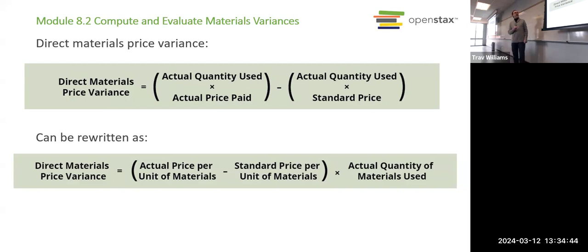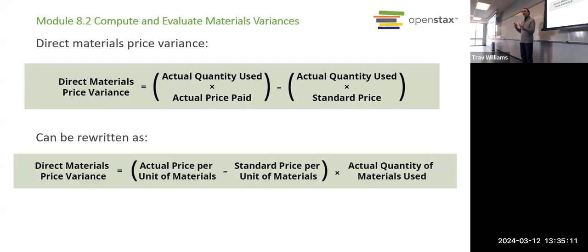Now, there are two types of variance. If you think about the cost cards that we made, we were identifying how much material, like coffee, goes into a cup, and what is the price for that material, right? So there's the quantity and there's the price. And we can have variance with both of them.